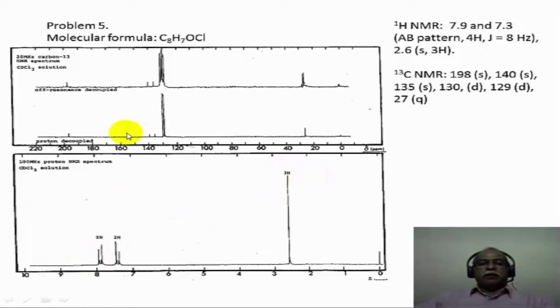Coming to the carbon-13 spectrum, if we look at the left-hand side of the spectrum, around 200 ppm, there is a signal, a very small signal, which is a singlet. The top trace is the off-resonance spectrum, and the bottom trace is a normal broadband decoupled spectrum. So there is no coupling information in the bottom spectrum, whereas there is coupling information of the kind of directly attached hydrogen coupling represented in this particular spectrum.